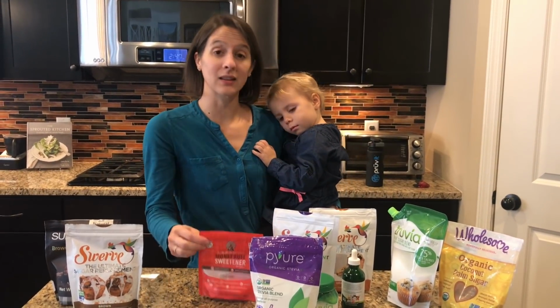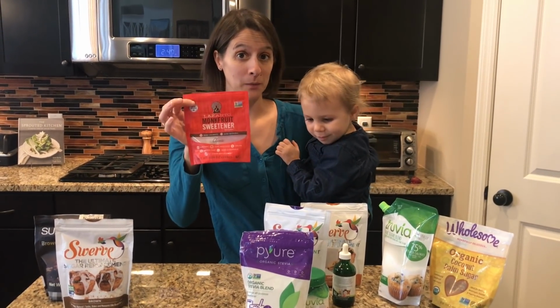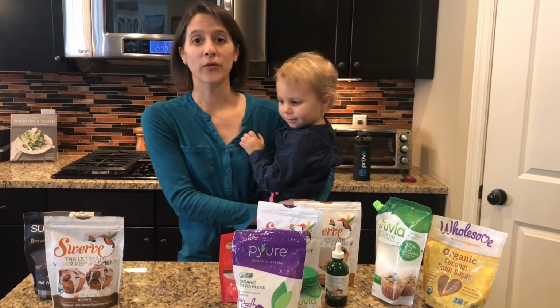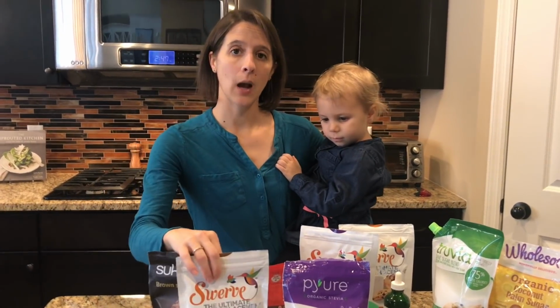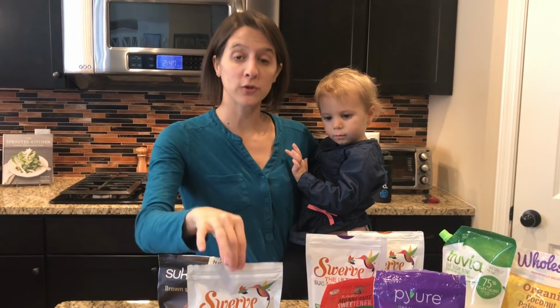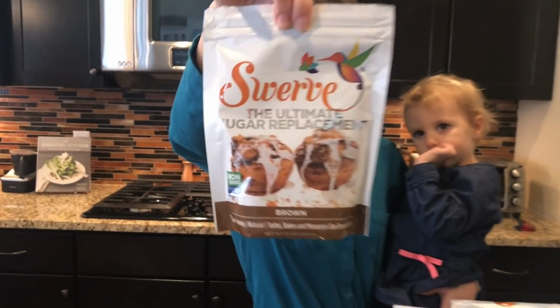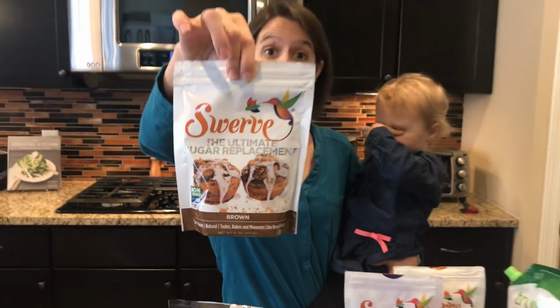The MONKFRUIT, and Lakanto is the company that makes this one, is actually a really good option as well. Okay, so from there, let's move to our brown sugar replacements. So we have very similar options on the brown sugar side, and I have two different brands here I can show you. Swerve came out with their version of brown Swerve, and it does kind of bake like brown